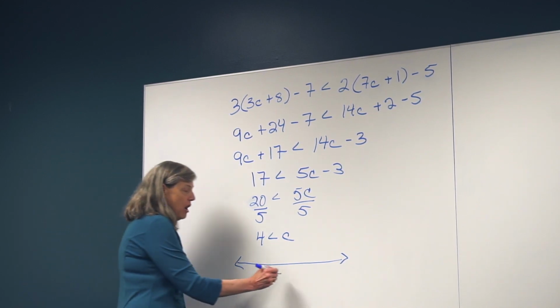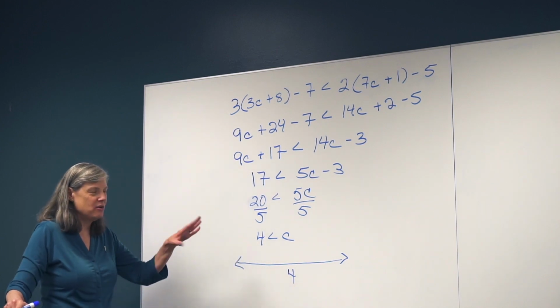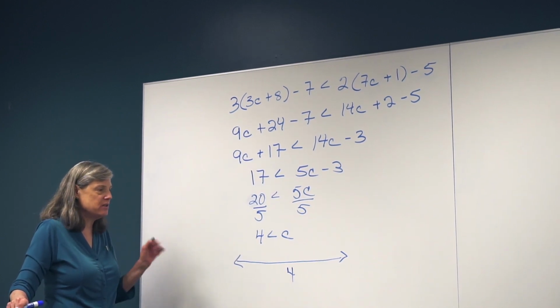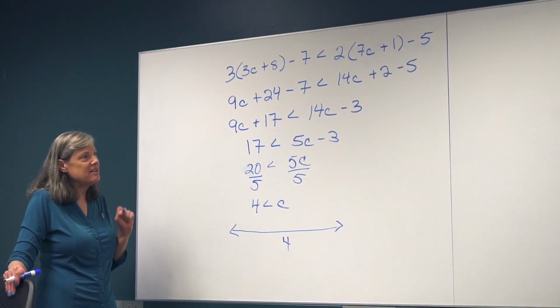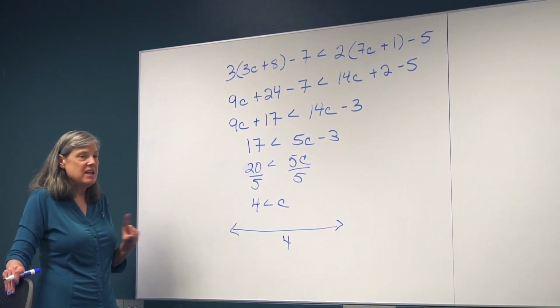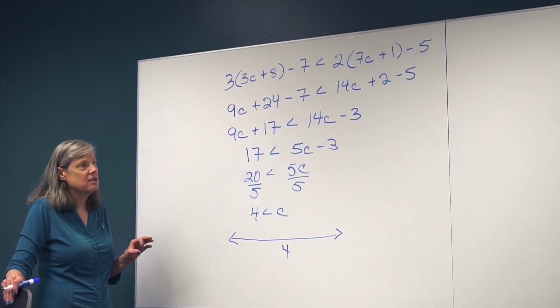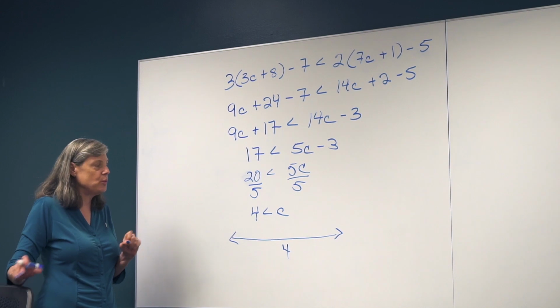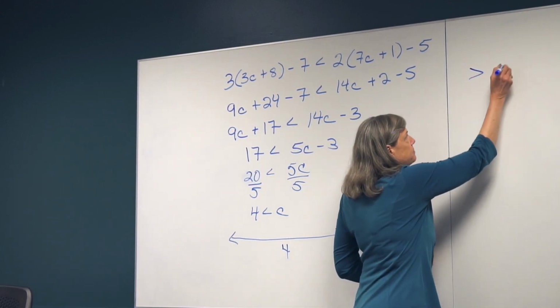So all I need on here, because we all know how number lines work, so I don't need all those tick marks and where 0 is and all that kind of stuff. Somewhere on here is a 4. Next, I need to figure out, is this going to be a parenthesis or a bracket? So I need you to think about which one it's going to be. Let's talk just a minute